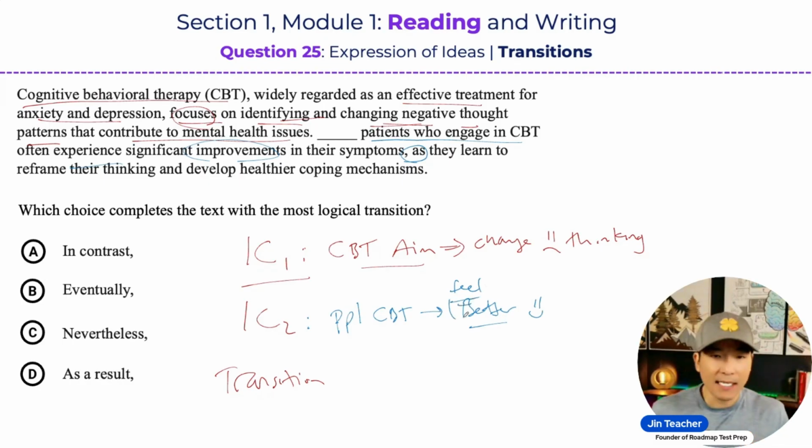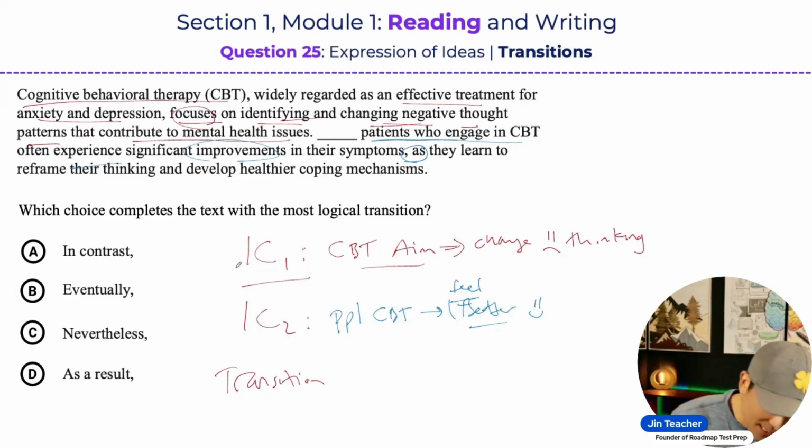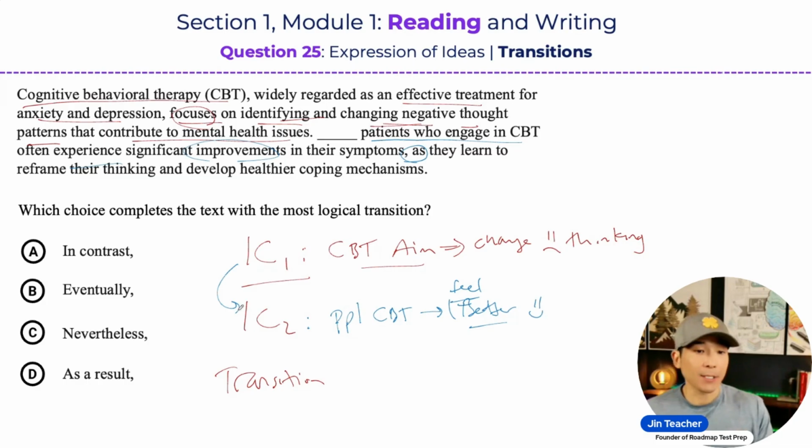They get better because they're changing their thinking. Right? So that is going to be these two sentences. Once we wrap our minds around these two sentences, then we can start thinking about the relationship. Or another way to say this, you can also start thinking about what the relationship